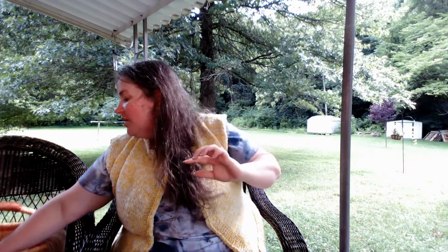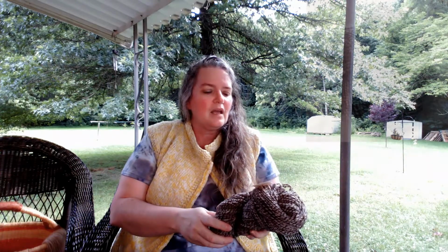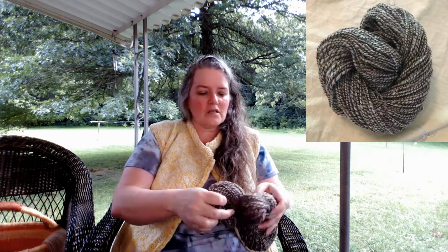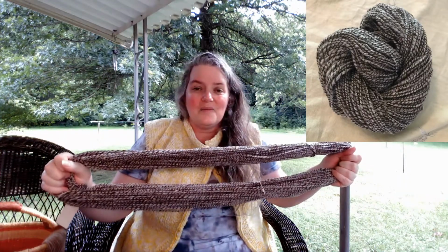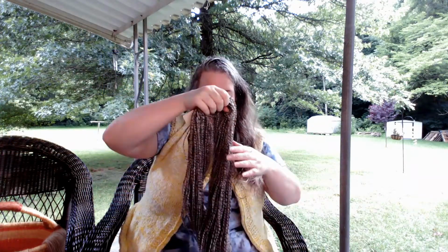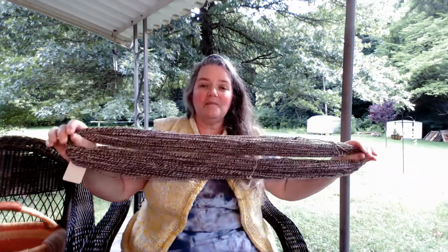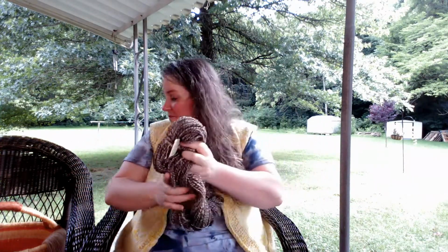So I know I showed a few of these fibers the other day. This is the CVM that I applied. I'm pretty sure in one of my videos I showed some of it. This ended up being 240 yards of CVM. It is a 4-ply. Oh my goodness. It puffs up. It's squishy. This is going to make another one of these kind of toys. Only I suspect, because the gauge of the yarn is bigger, it's going to make a larger toy. So, setting that aside,